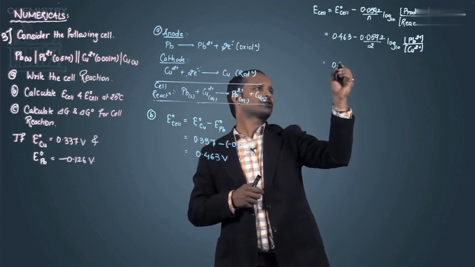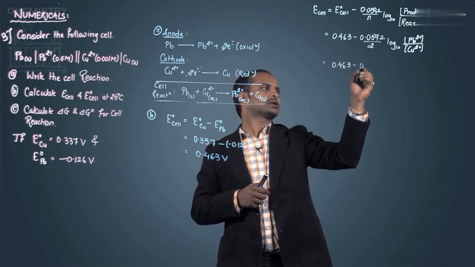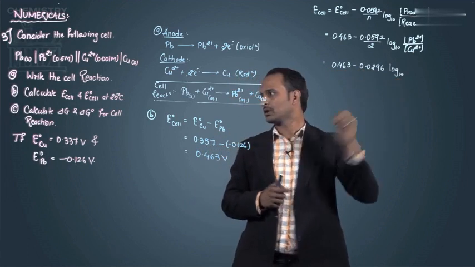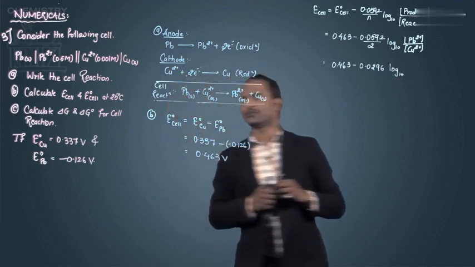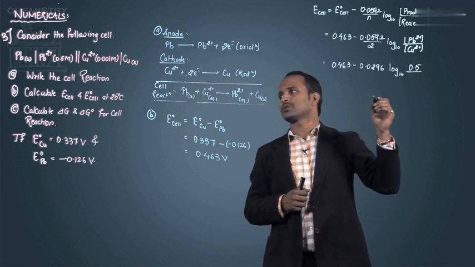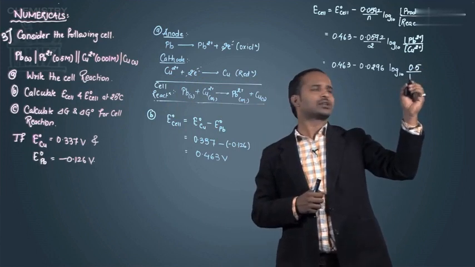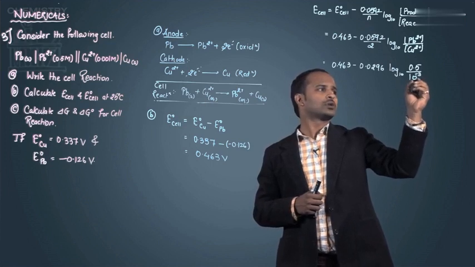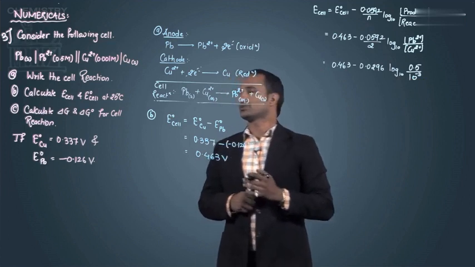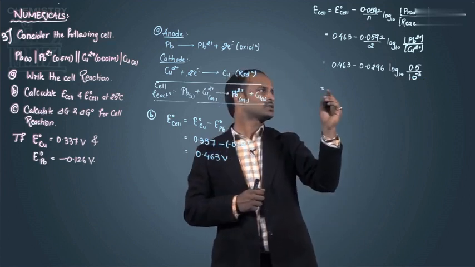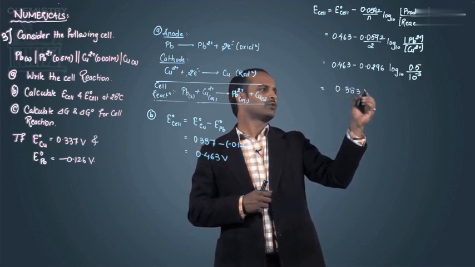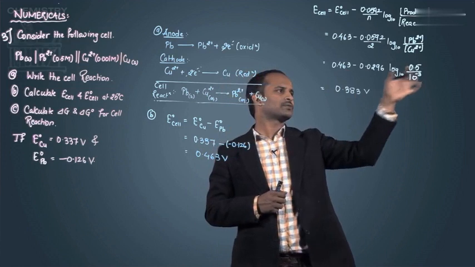So this will give you 0.463 minus 0.0296 (after dividing by 2) log to the base 10. Lead ion concentration is 0.5 molar, and copper 2+ is 0.001 molar, which I can write as 10 raised to minus 3. So it will become log of 5 into 10 raised to 3, that is 5000 also I can say. After solving the whole thing, you will get 0.383 volt, that is 0.463 minus this into